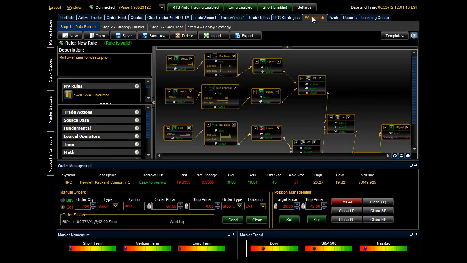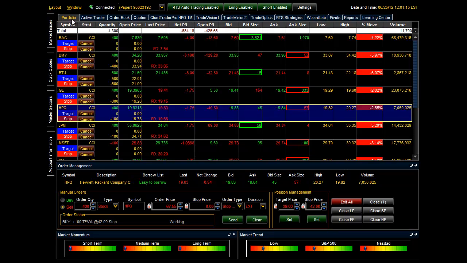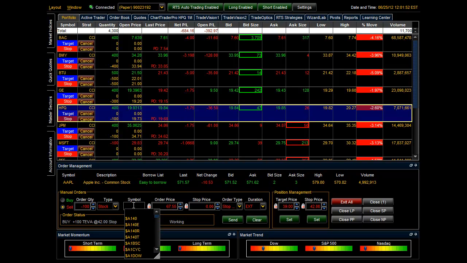And let's go ahead now and click the portfolio window so that we have our portfolio open and I can show you exactly how order management ties into your portfolio page. So let's take a closer look at our order management section here. I'm going to type in the symbol BTU and you're going to notice in the top area here how it